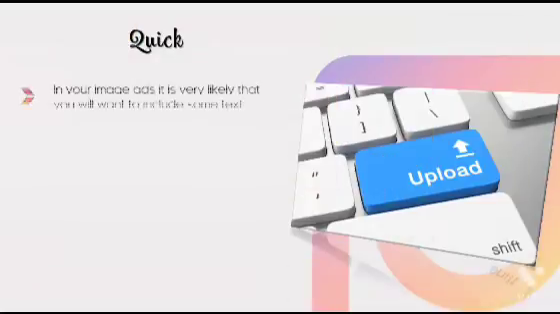Quick. In your image ads, it is very likely that you will want to include some text. This text will be used to persuade the Instagram user to click through your ad. If you are not adept at image editing, then you can do this quickly and easily by using a great